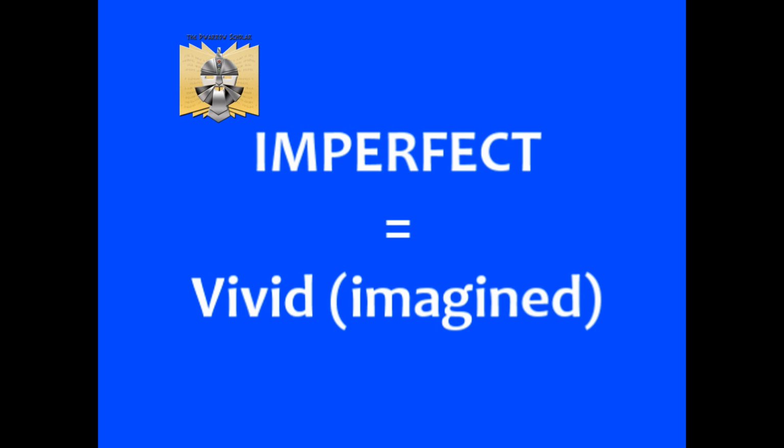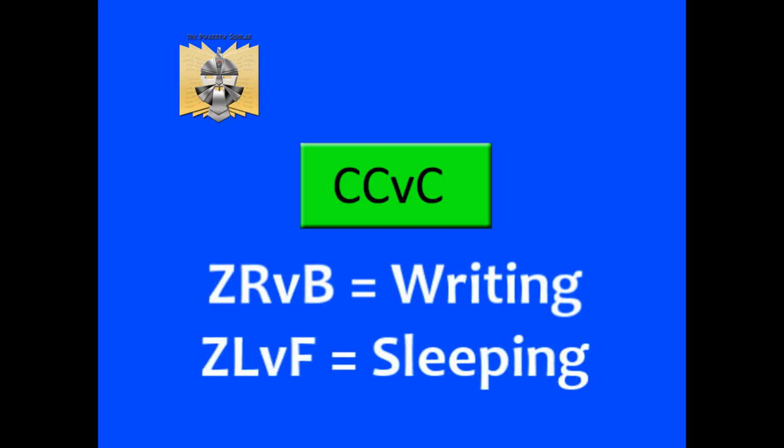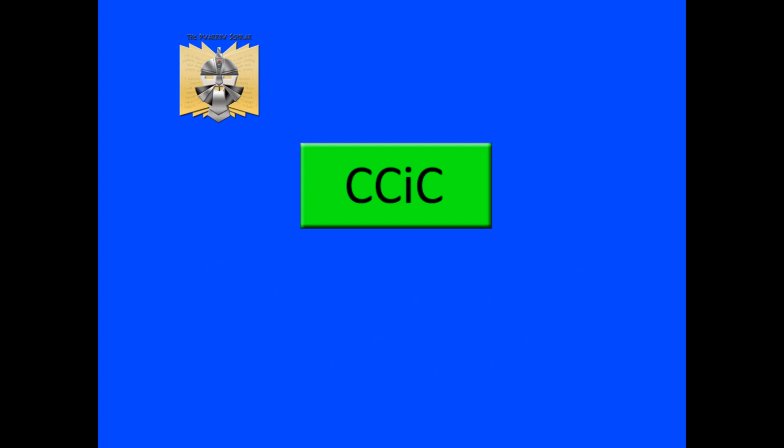Now, first we need to start with our base. For words with three radicals, which is what we are focusing on at present, the structure of the imperfect verb base is always the same, being consonant, consonant, vowel, consonant. We know the three-letter root, or three radicals, of the concept will be the consonants, such as Z-R-B for writing or Z-L-F for sleeping. Now, the vowel in this base is one of two possibilities. Either it's an A vowel or an I vowel. This comes down to remembering a verb is either an A-type verb or an I-type verb.